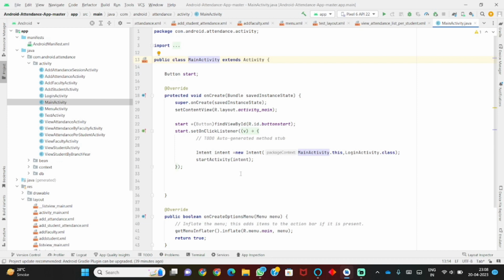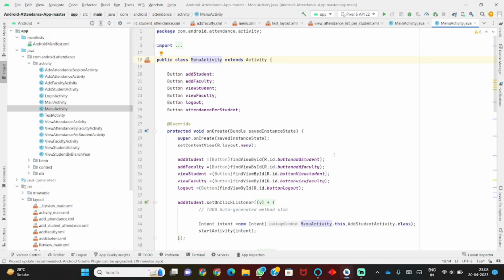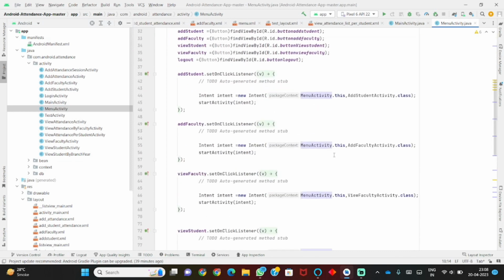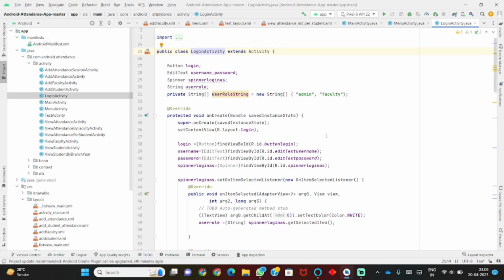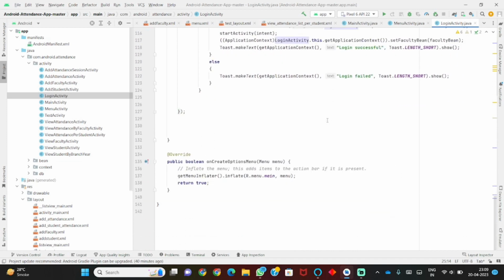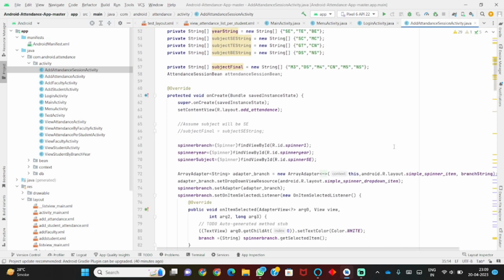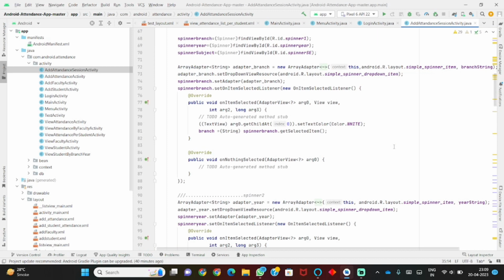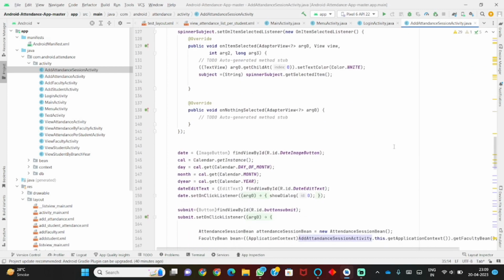This is the main activity class that extends activity in Android, and the onCreate method is overridden and is called when the activity is created. The layout file activity main is set as the content view for the activity, and a button with ID button start is initialized using findViewById and stored in variable start. An onClick listener is set for the button, which creates a new intent to start the login activity class and starts the activity using the startActivity method. Overall, the code sets up the UI for the main activity and handles button clicks to start the login activity